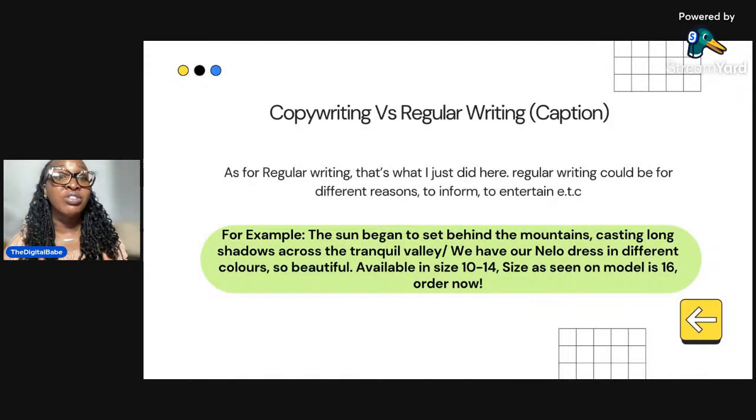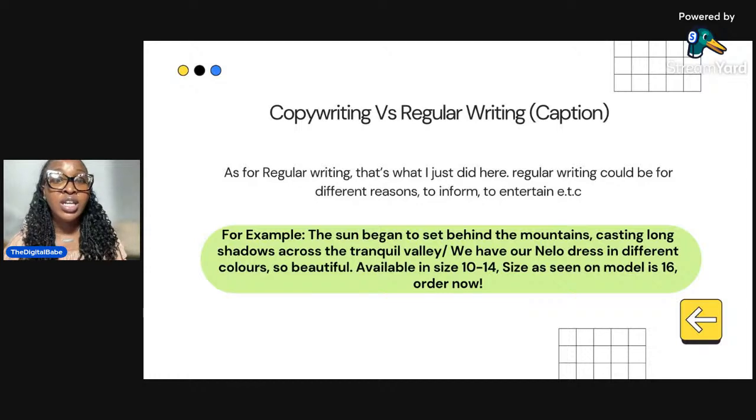Regular writing could be for different reasons, to inform, to entertain. Regular writing is boring, just writing. So for example, the sun began to set behind the mountains, casting long shadows across the tranquil valley. I'm so sorry, guys, but that is regular writing. Well, we already know. But I'm going to give another example of what some Instagram vendors used to do,